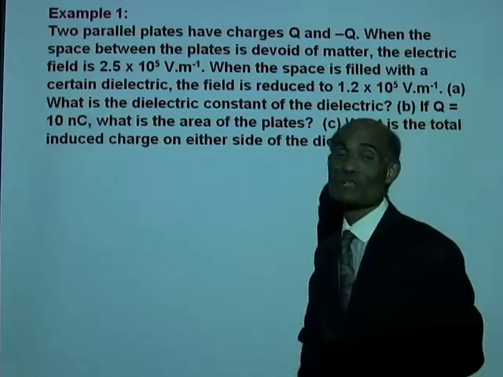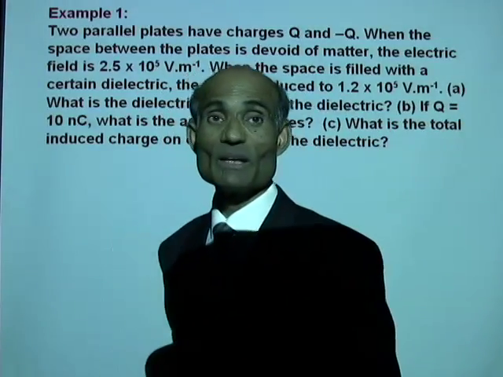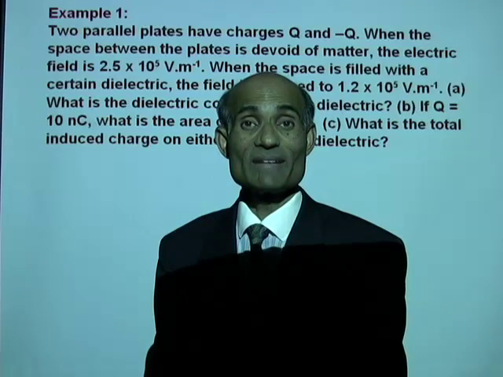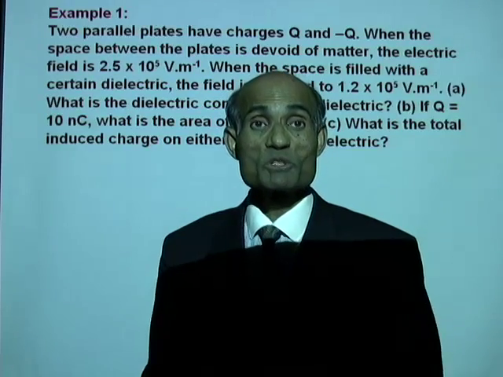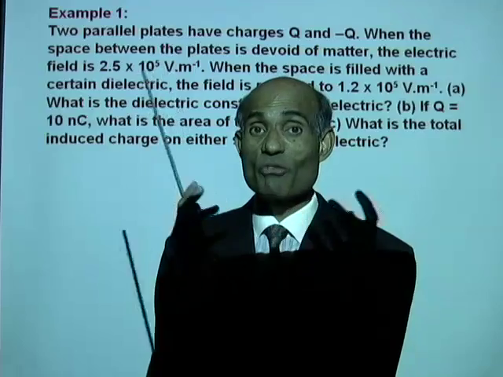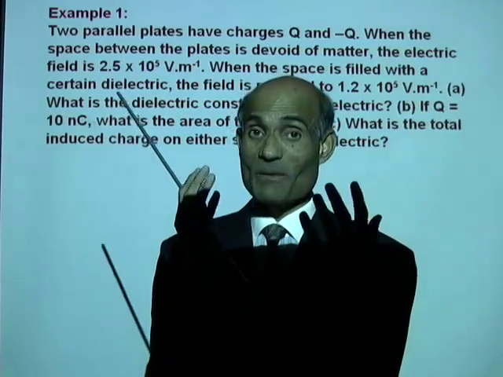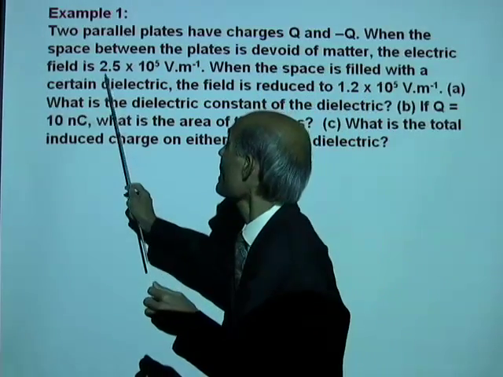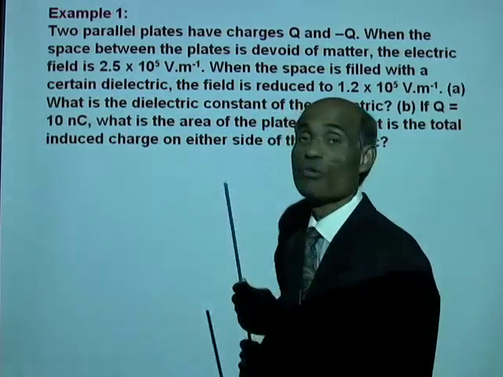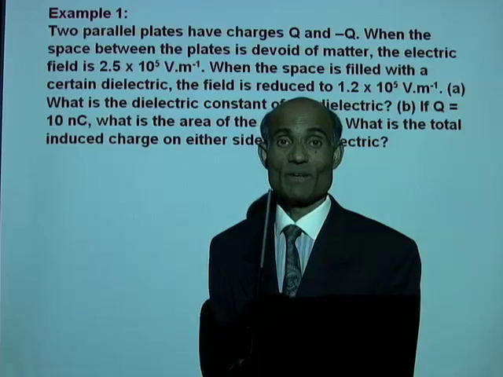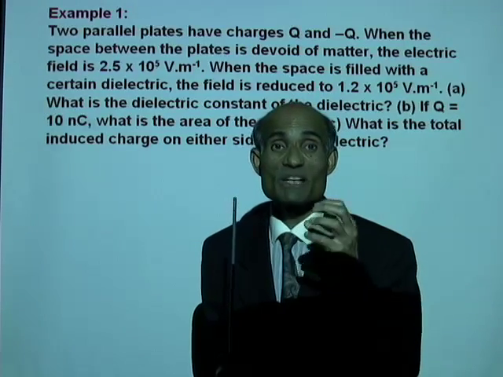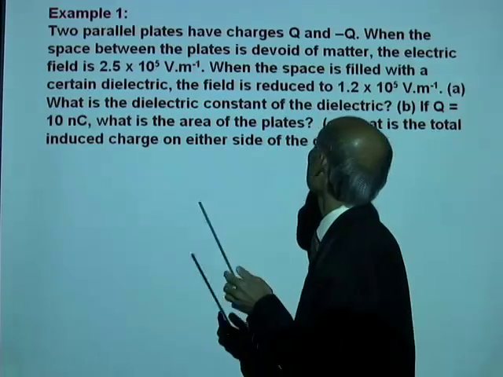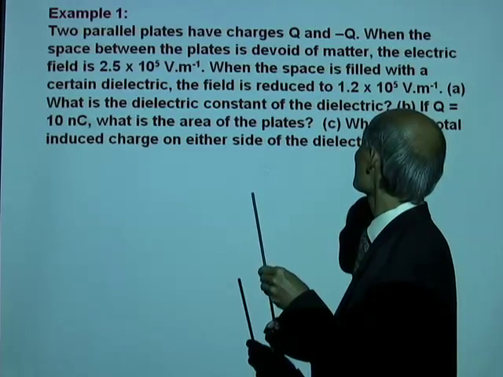Now, let's do a problem. Two parallel plates have charges Q and negative Q. When the space between the plates is devoid of matter, that is free space, the electric field is 2.5 times 10 to the 5 volt per meter. When the space is filled with a certain dielectric, the field is reduced to 1.2 times 10 to the 5